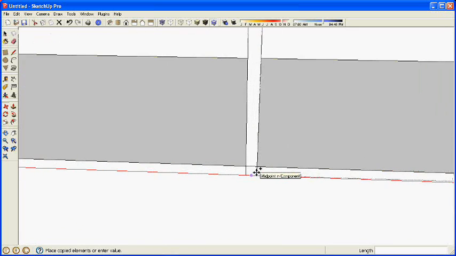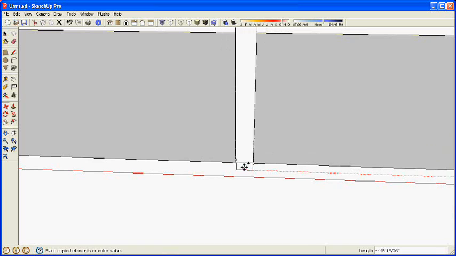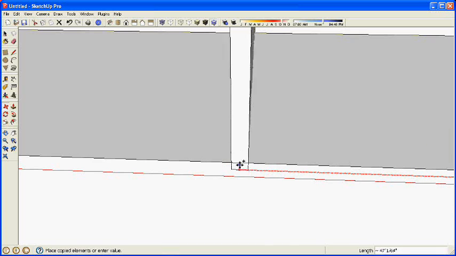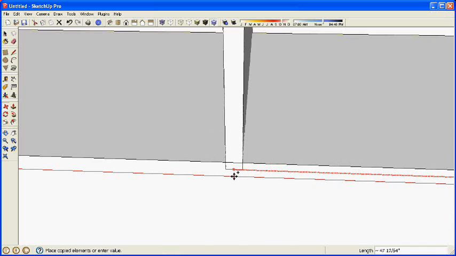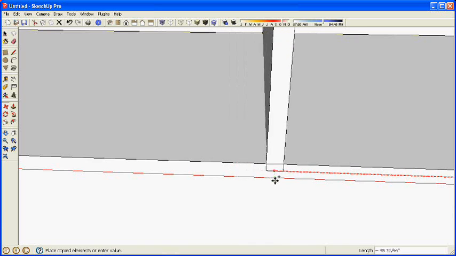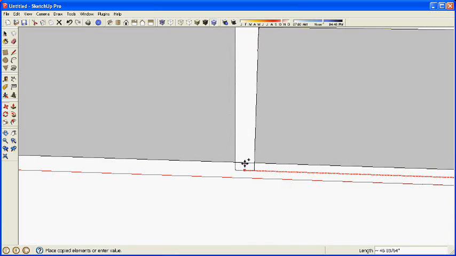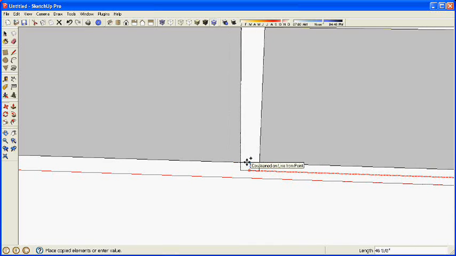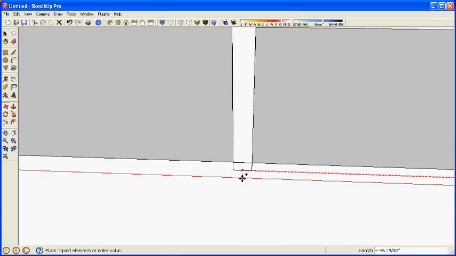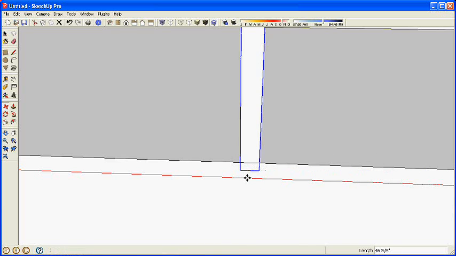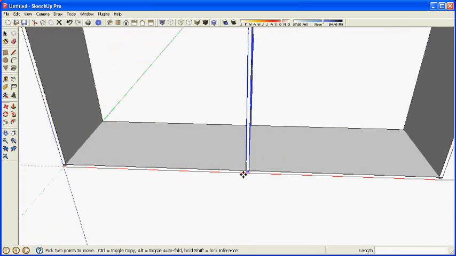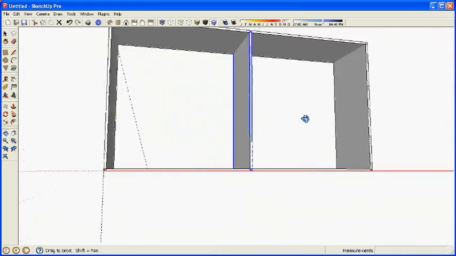I want to see that red trailing line, and we can even hold the shift key to lock that. And then we'll just kind of feel along the bottom edge here, and we could do it along the top edge too of the bottom panel, and we get a midpoint or a constrained point, and we'll drop it. And now that panel is dead center